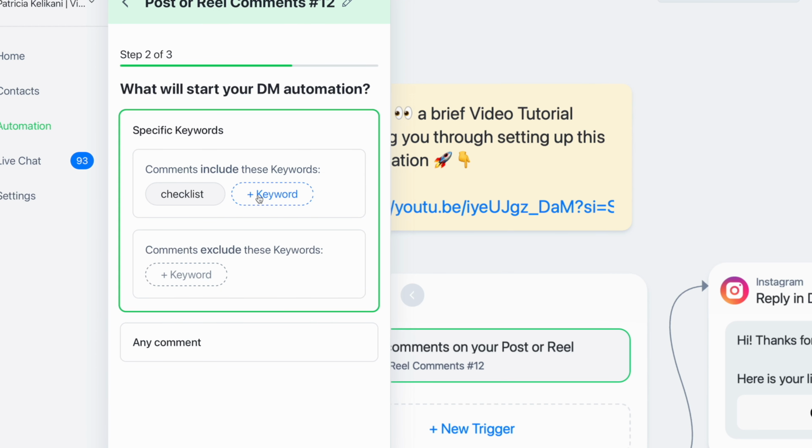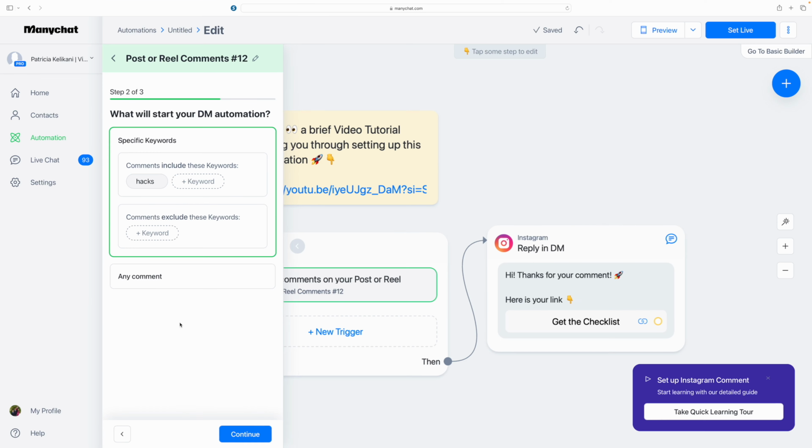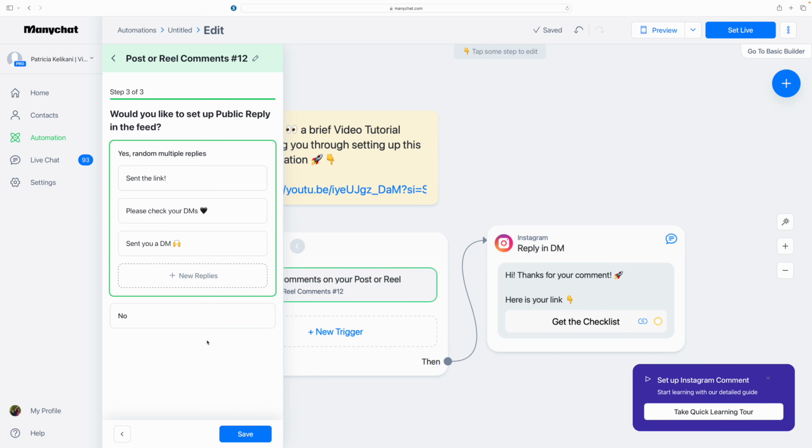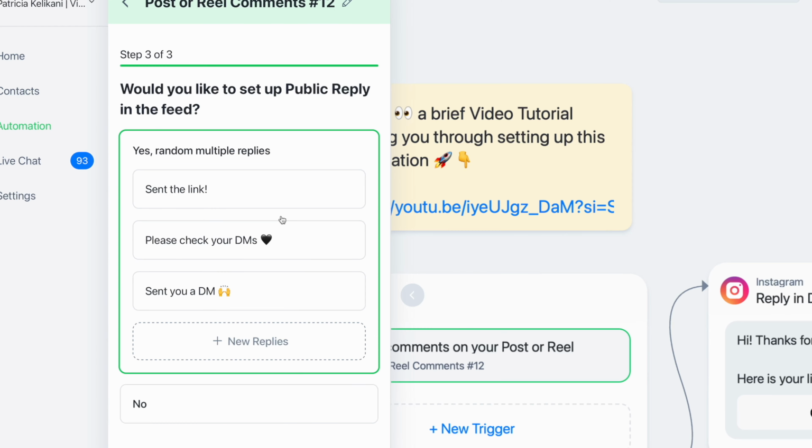And then we are going to add our keyword. So I'm going to just say hacks, comment with the word hacks, and I'm going to click on continue. And then right here, you can set up public replies in the feed. So when someone does comment with the word, you can automatically reply back with a comment, or you can personalize it and type in